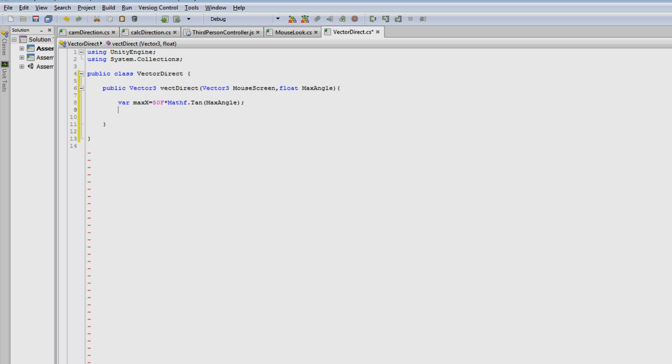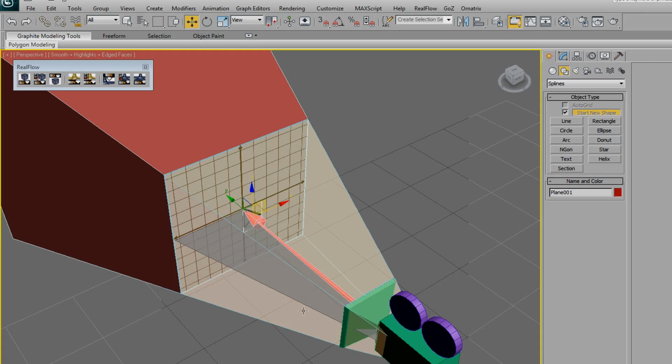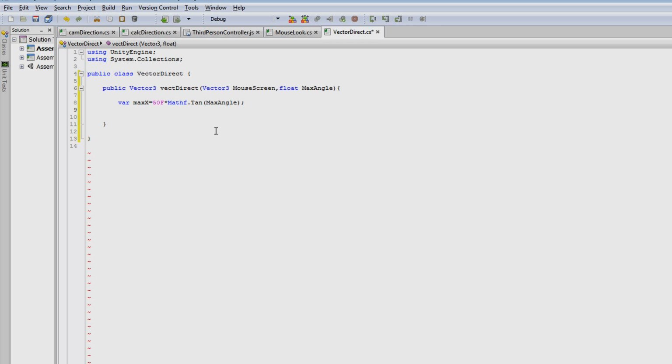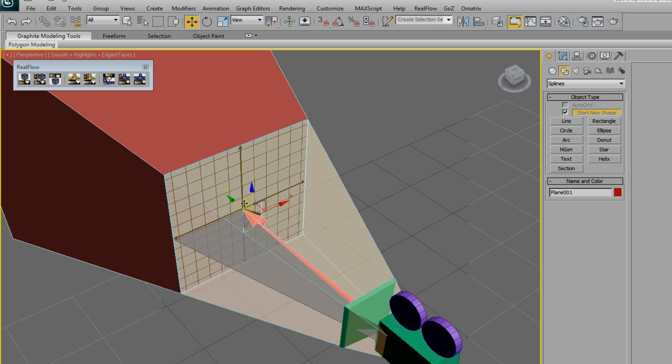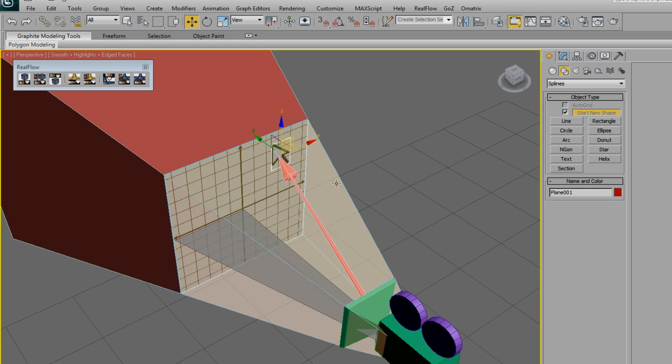Since maximum x y is equal to maximum x, because I consider that my screen is a square to make it simpler, so less process for my CPU. So I'll do like this: var max y is equal to max x, semicolon. And then now we need to determine my mouse pointer coordinate in my new system coordinate where the